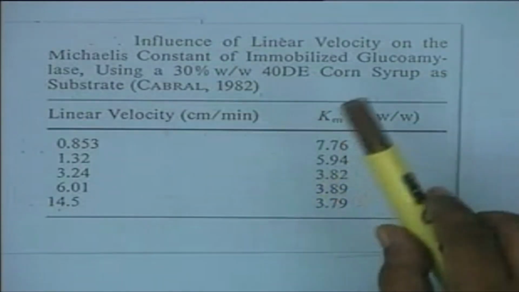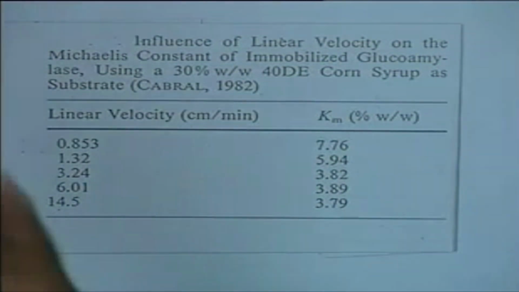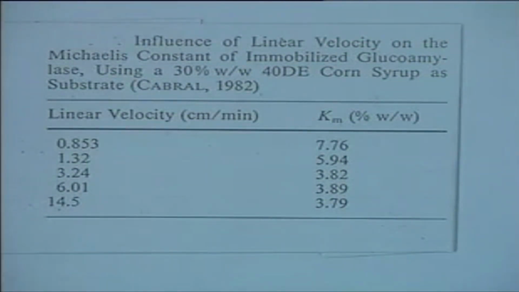Similarly, on the external film diffusion, also the linear velocity of the immobilized glucoamylase using a 30% weight by weight 40D corn syrup. Now mind it, the data here are important in the case of starch syrup, because when we use starch syrup for hydrolysis, we use a very concentrated, thick slurry, thick syrup. Even in the case of glucose isomerase, when we carry out the industrial reactions, the substrate concentration which is used is about 2.5 to 3 molar glucose, which means almost about